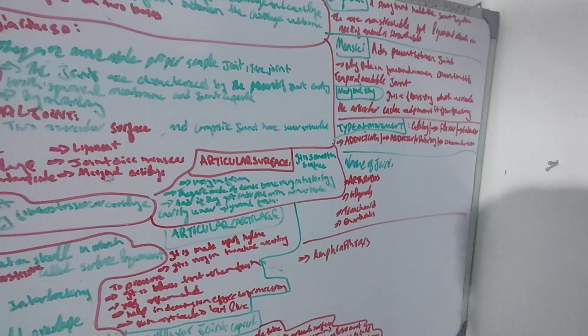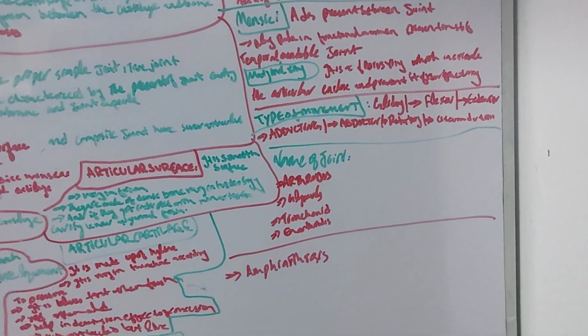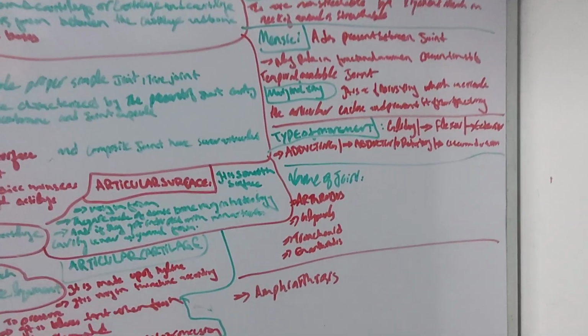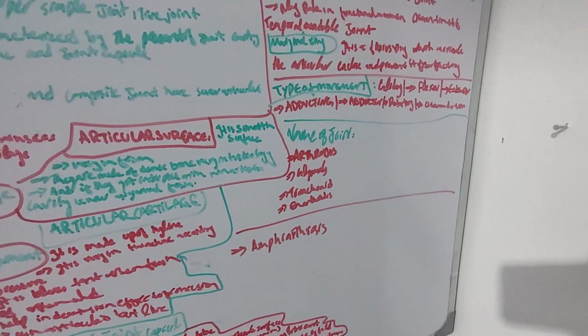Then we have the four kinds of joint arthrosis. These are gliding joints, like the cervical and thoracic joints. Then we have ginglymus joints. These are basically